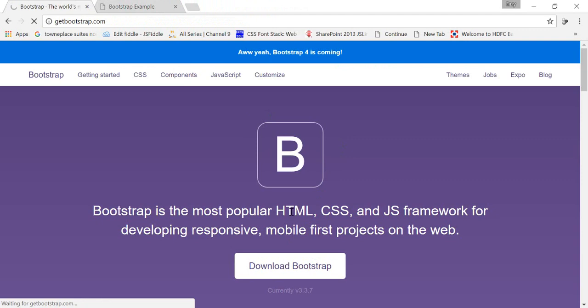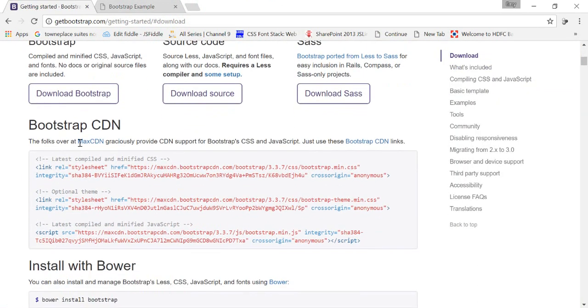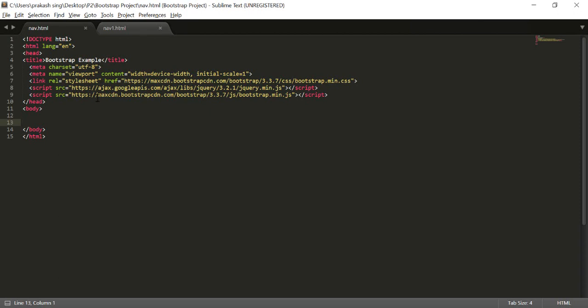So you should get these three files for your project, and you can get them from getbootstrap.com. Go to the download section. There is a Bootstrap CDN. You can copy all these files and paste them in your code editor and include an extra jQuery CDN link here, right? So we'll start building our